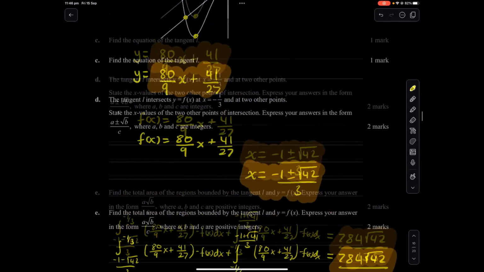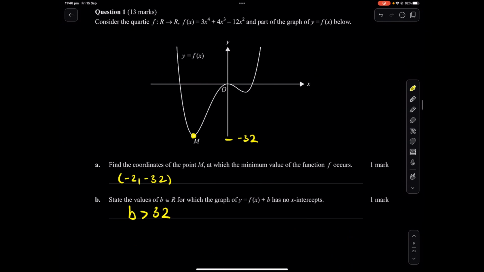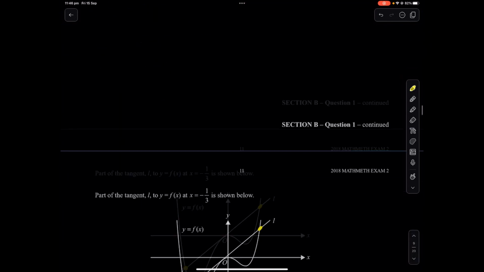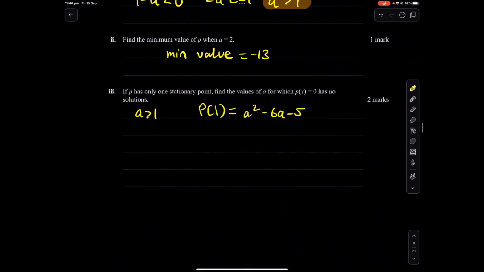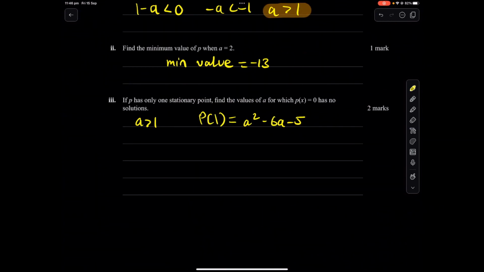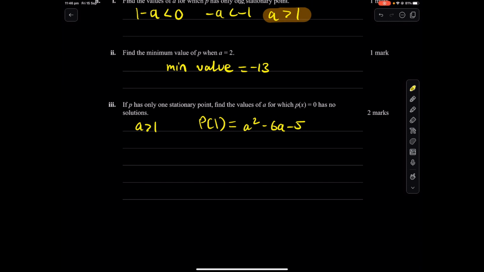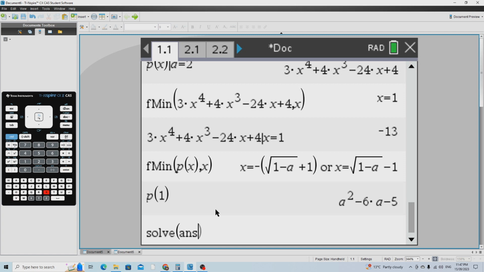to be greater than 0. So we want p of 1. So p of 1 equals a squared minus 6a minus 5. And we want this value to be greater than 0, so a squared minus 6a to be greater than 0, because we cannot let it equal 0, then we'll get one solution. So if we do that, so solve, answer greater than 0,